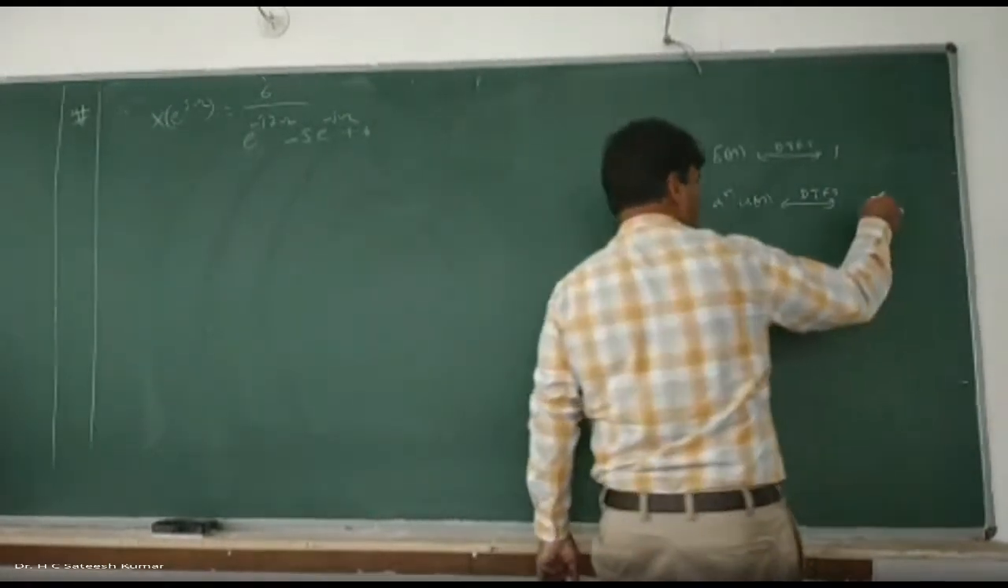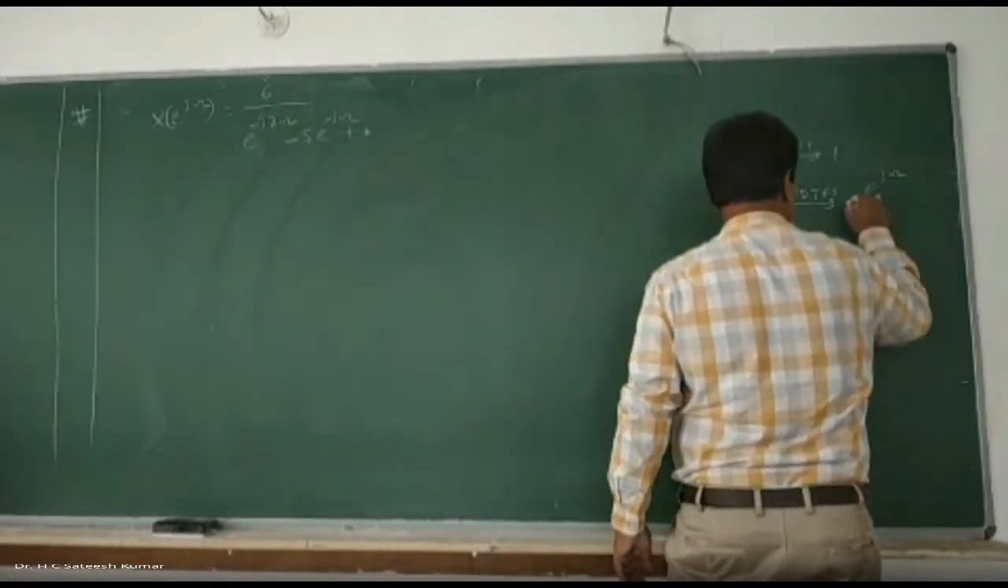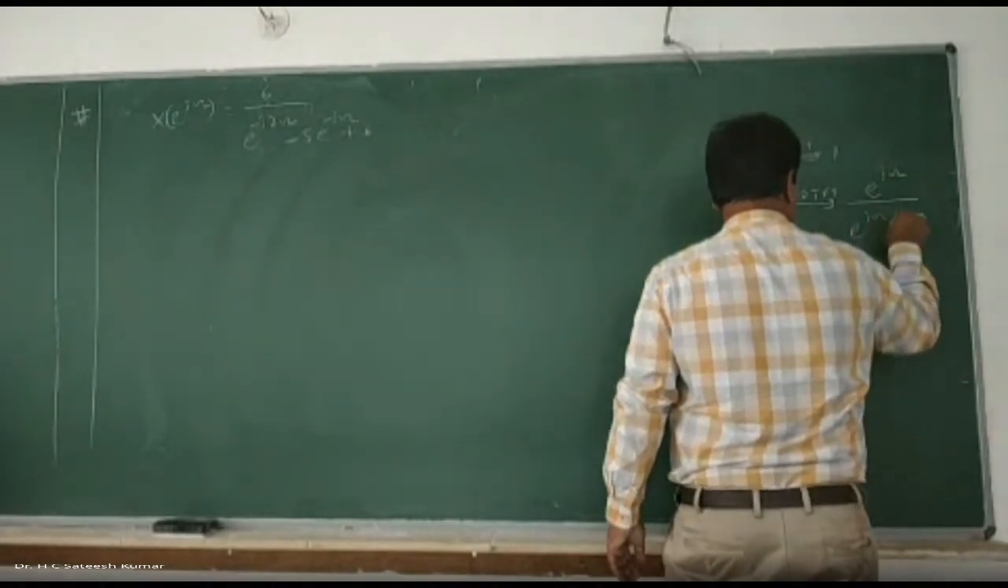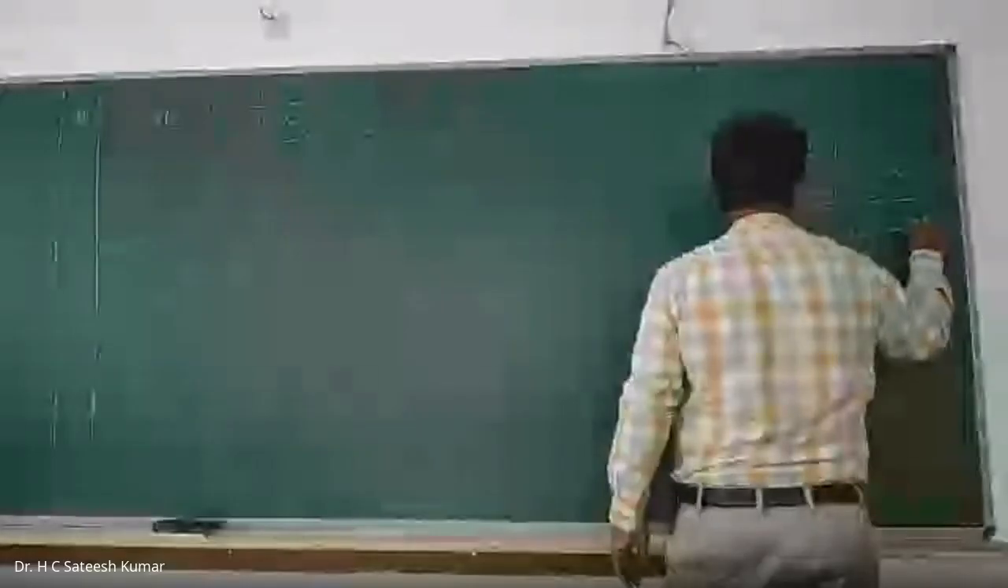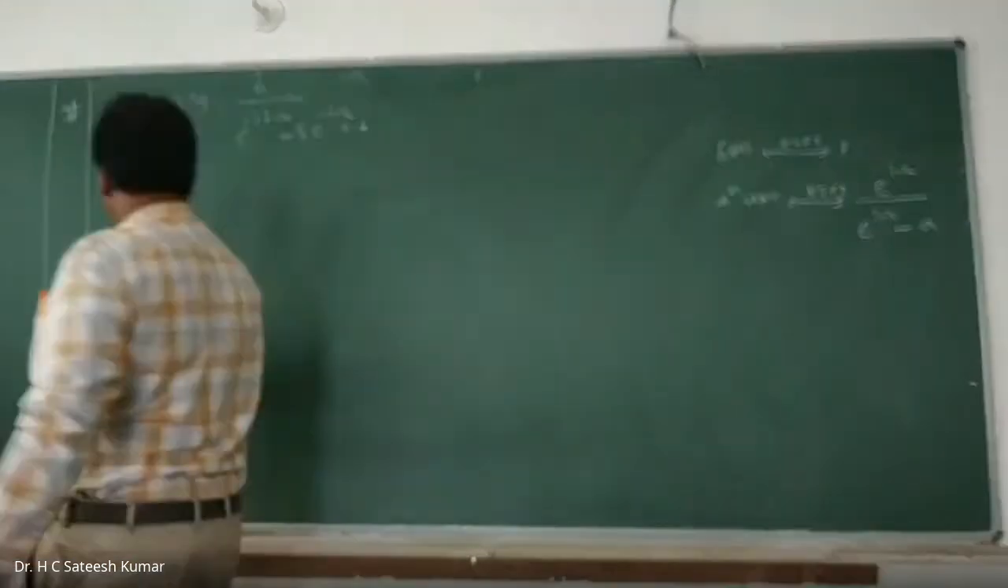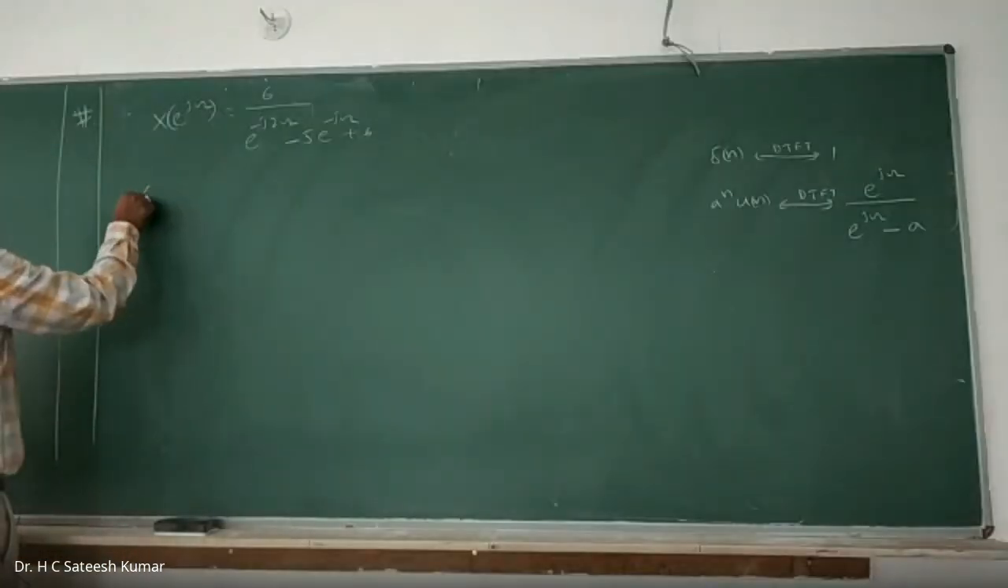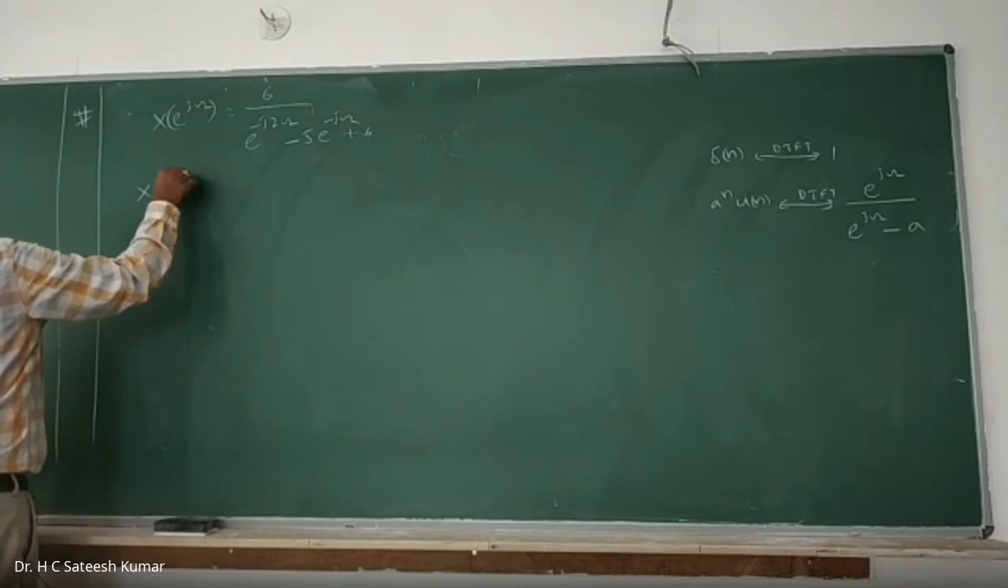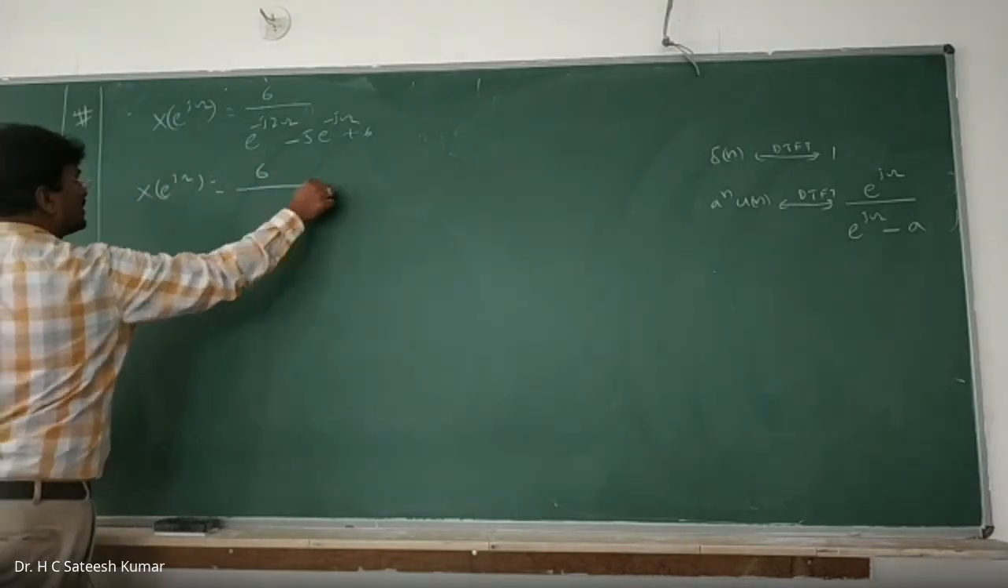Therefore this is nothing but e to the power of j omega divided by e to the power of j omega minus a, that is z divided by z minus a. So you can go for the same kind of thing. X of e to the power of j omega is equal to 6 divided by,